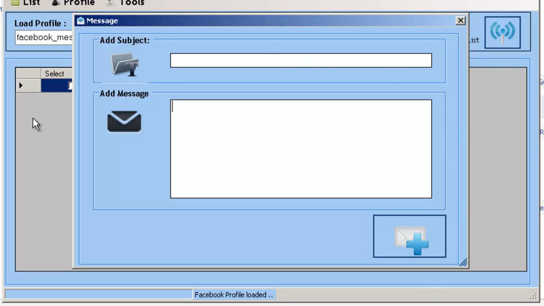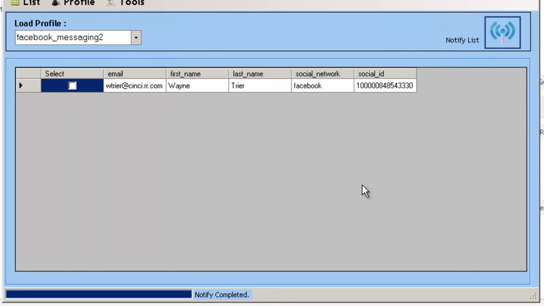So that is the new Social Sender Beta 1. New features will be coming out every week or so. We have several new features coming out tomorrow. At first we'll have a lot of features being added, but the tool is great for contacting your subscribers in an alternative format than email. And